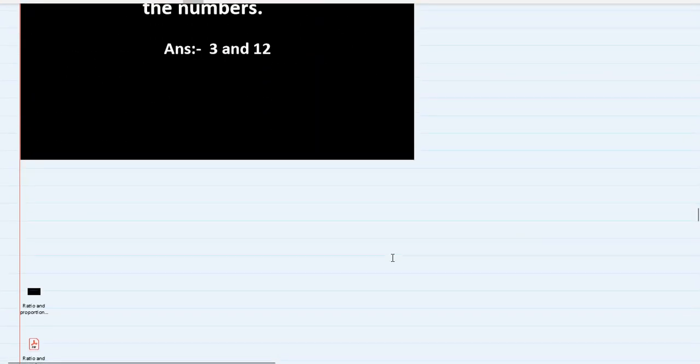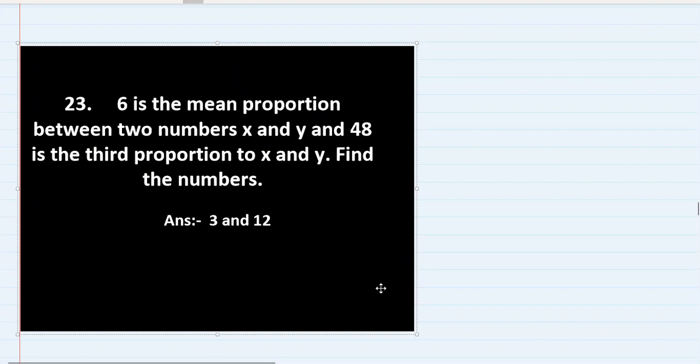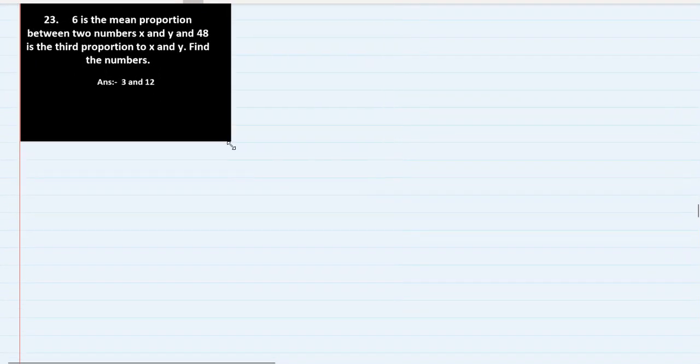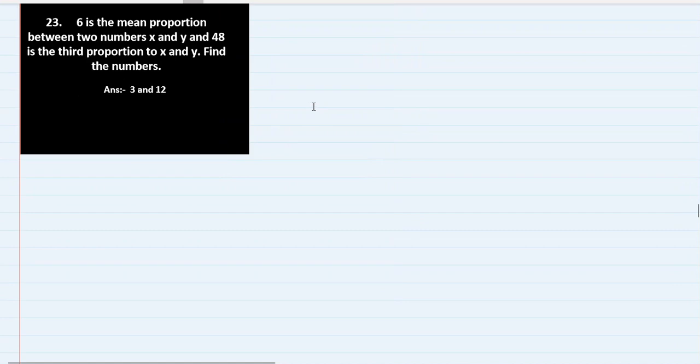Let's go to the last question of this part. Are you all happy that we have covered most of the questions and we are left with only one single part of this chapter, and then we'll be done with the whole chapter, ratio and proportion? Do you feel happy? Yes. So after this ratio and proportion, we'll be doing physics, chapter 5 and 6. So 6 chapters of physics will be done. Then we'll be doing chemistry, the mole concept. Then we'll be doing maths again.